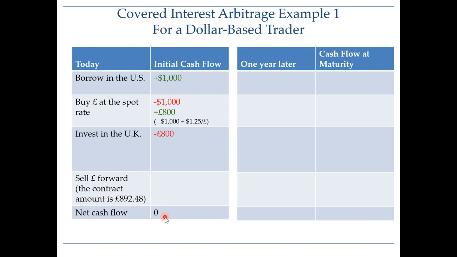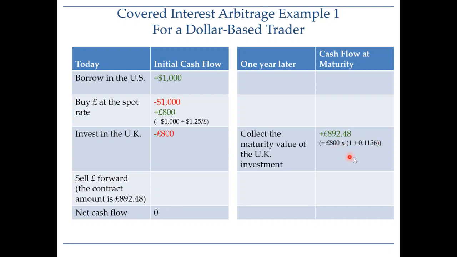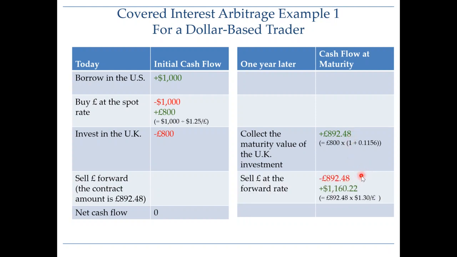So now a year goes by. The first thing you're going to do is collect the maturity value of your UK investment. Those 800 pounds that you invested in the UK are now worth 892.48 pounds. So you take your 892.48 pounds and sell them as you had agreed to, at the forward rate of $1.30,